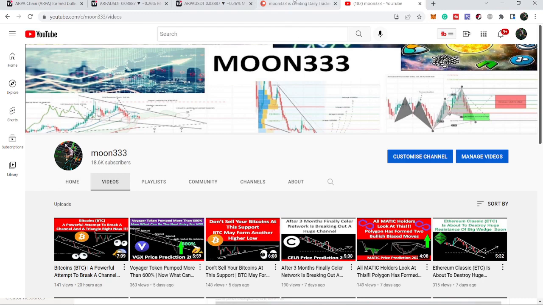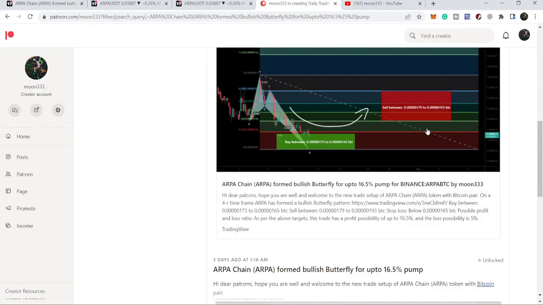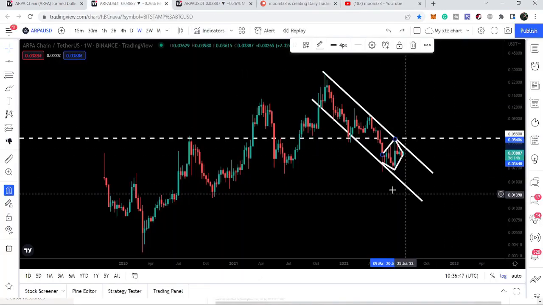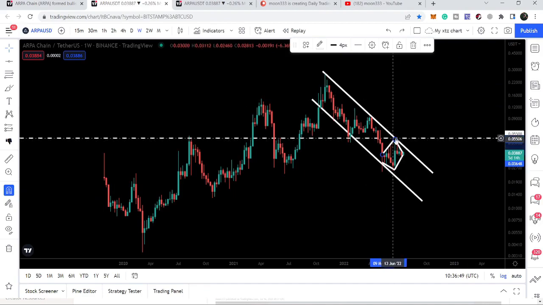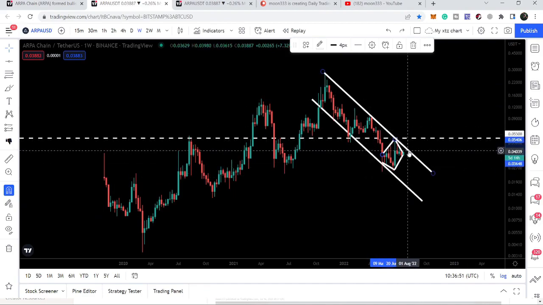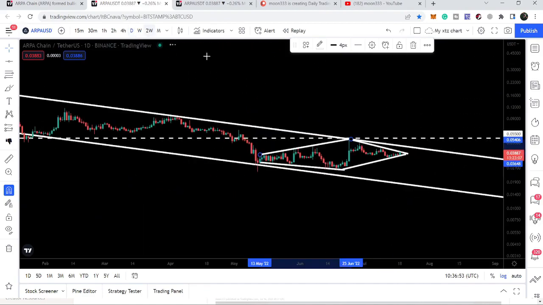In today's video, we will take a look at this bullish reversal setup, and I also want to show you this big down channel. And ARPA chain has also formed a diamond bottom pattern on the daily time frame chart